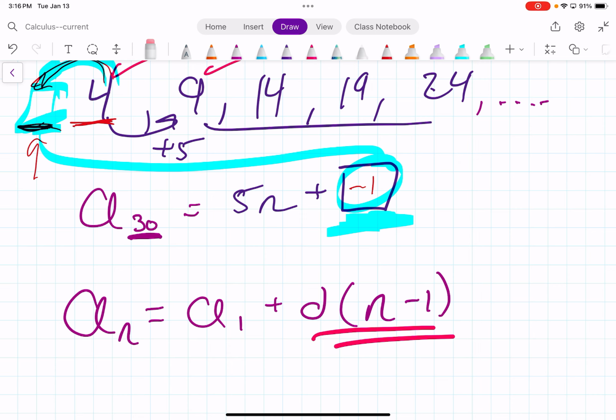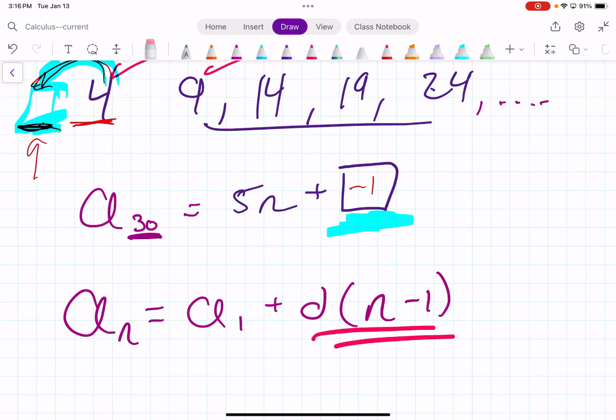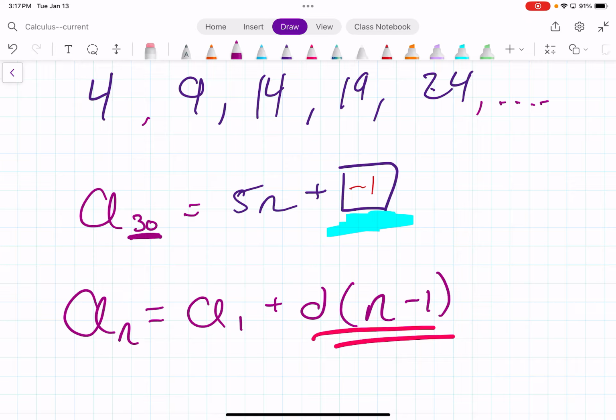So 1 minus 1 could be 0. Change by 0 and just be like, yeah. Because you're just trying to find position. So it's like if n is 30, we're doing 30 equals whatever is in 1, which is 4 plus, and it'd be 5 times 29, or 5 times 2. But it's only one spot over, so it's